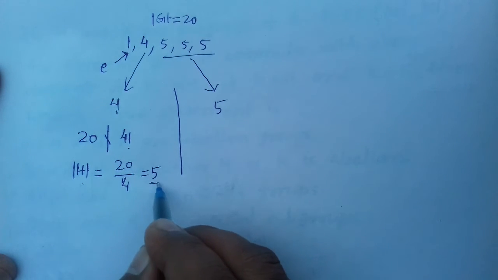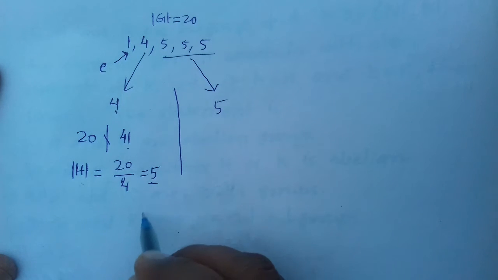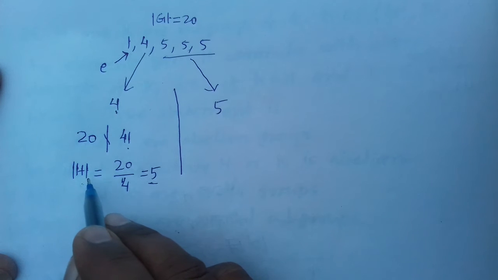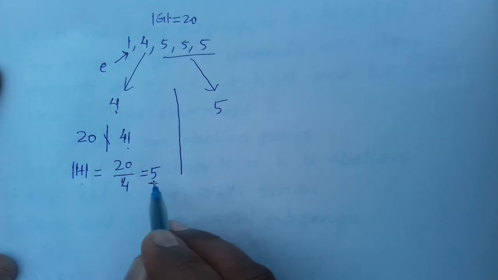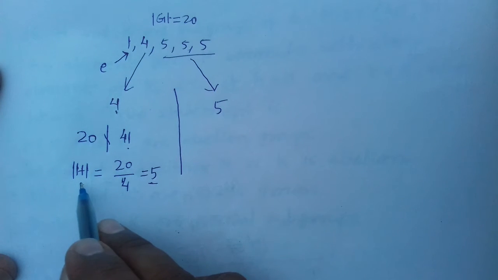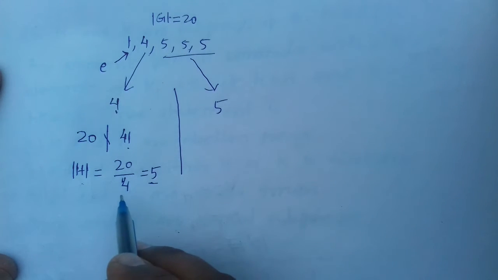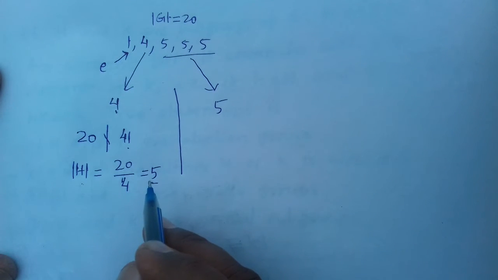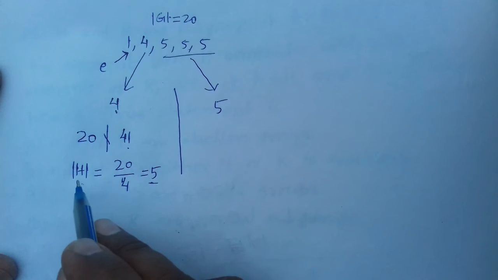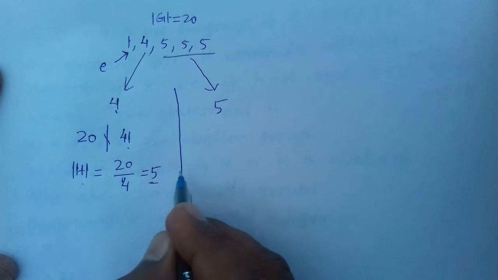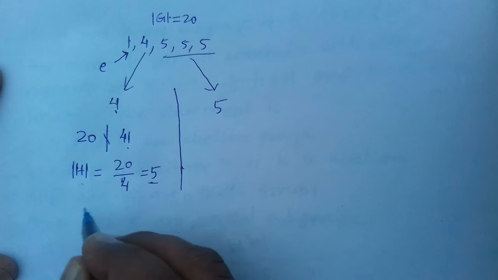But you see that 5 is a prime number. There are 2 subgroups of this H. One is of order 1 and the other is of order 5, because there are 2 factors of 5. But the subgroup of order 1 is trivial. So the other, that is the subgroup of order 5, means this subgroup H itself. So H is a normal subgroup.